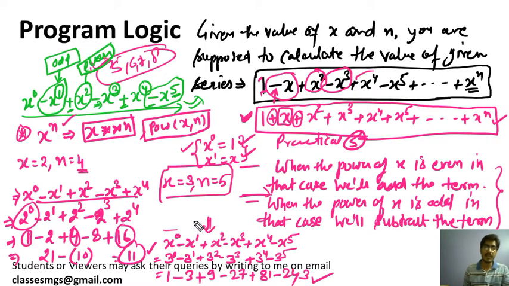You are clear that whenever there is an odd term, an odd power, then we are subtracting. Notice this thing, because only if you notice this will you be able to solve this problem. Okay, so now you can easily write the for loop to solve this problem, as we did in our last class. Okay, so let me rough out some area.